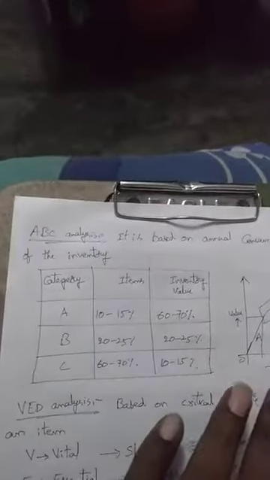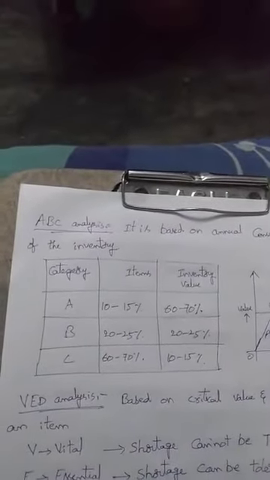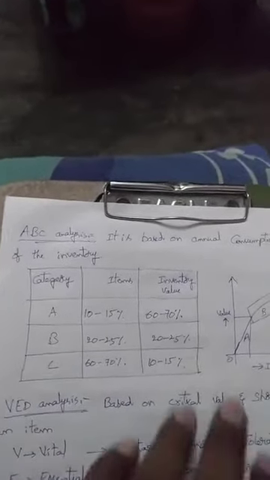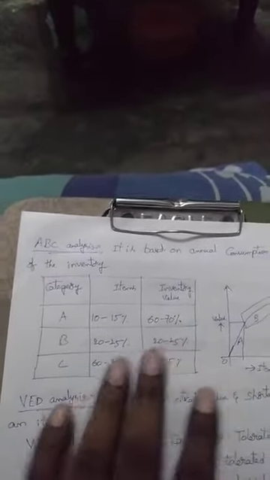In the plot representation, I said items are quantity. Up to this point the quantity of items is very low but valuation is high. Then it decreases a little bit. Items are increasing but values are decreasing. So this is like C. Actually, ABC analysis also includes a problem-solving side that I would like to explain. If time permits, I will explain it with problems